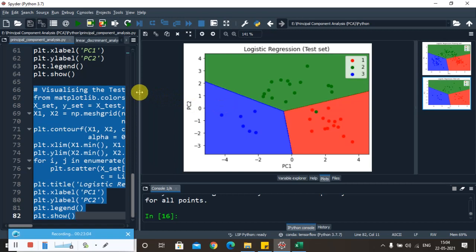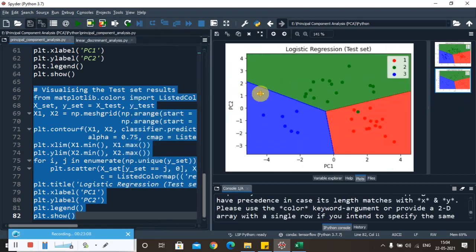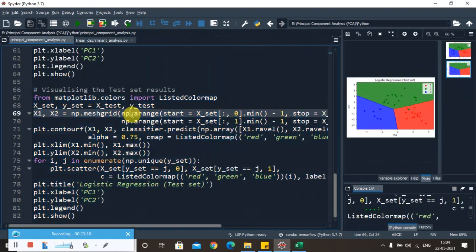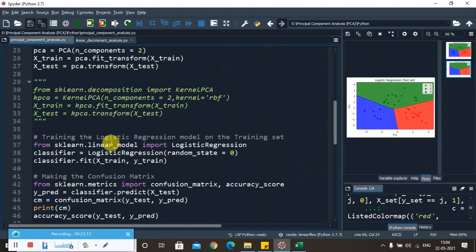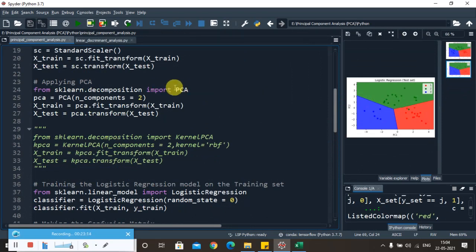Let us also try to analyze that algorithm. In the same code here, we can just change principal component analysis to kernel principal component analysis.